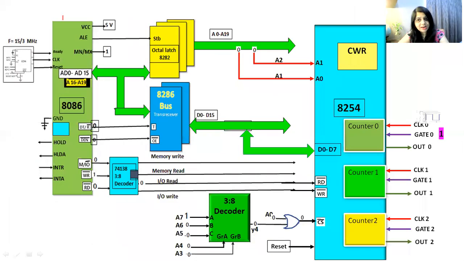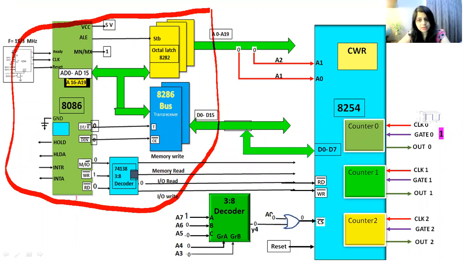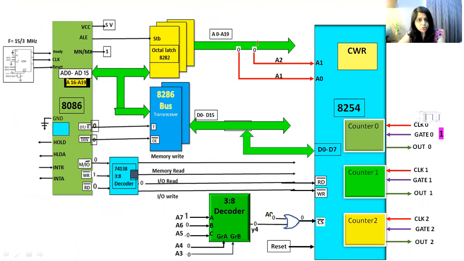Now let's understand this connection in more detail. Whatever I have explained here, this complete diagram, you can see this side, this complete side, is the same as what we drew in 8086 operates in minimum mode. The explanation is exactly the same. The right hand side, how are the connections? See, here I have shown in more detail. A1 address pin of 8086 is connected to the A0 pin of 8254, and A2 address pin of 8086 is connected to the A1 pin of 8254.